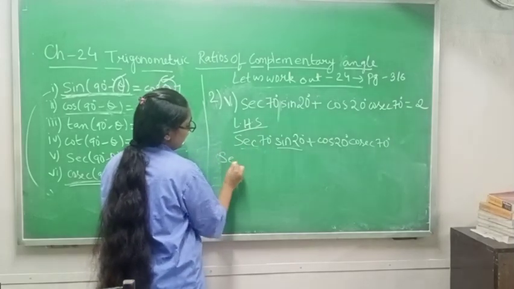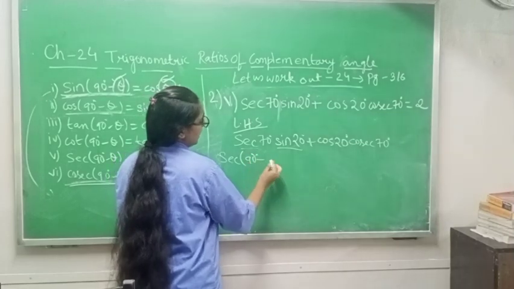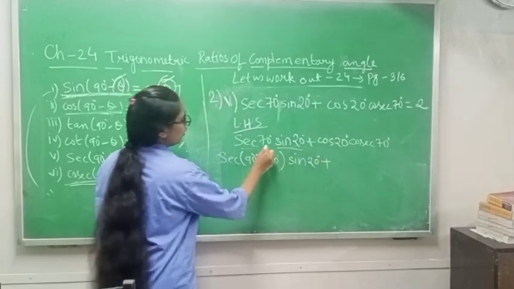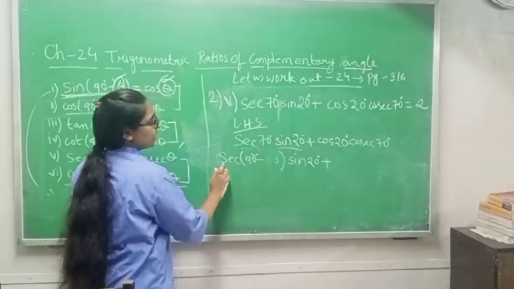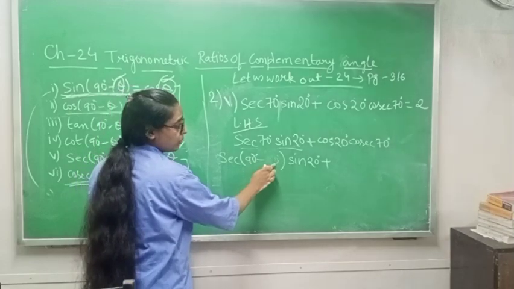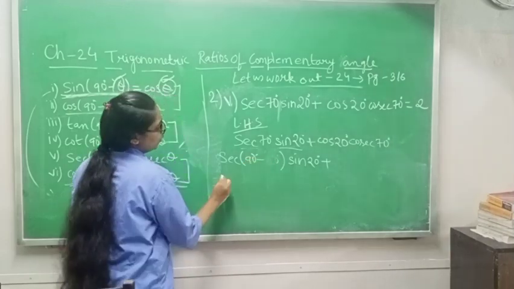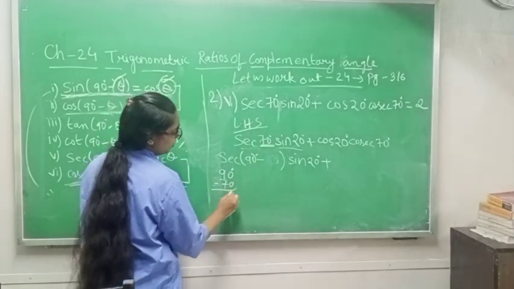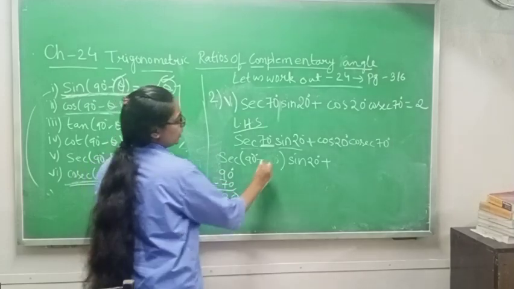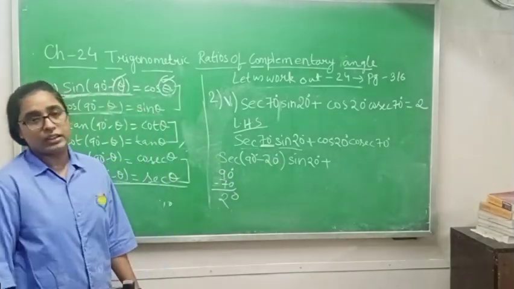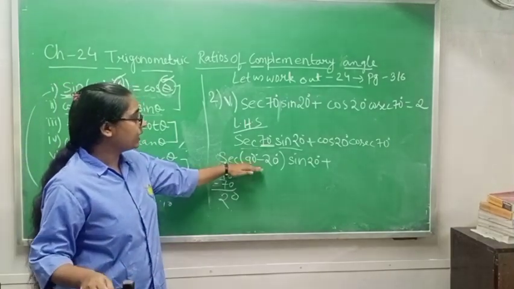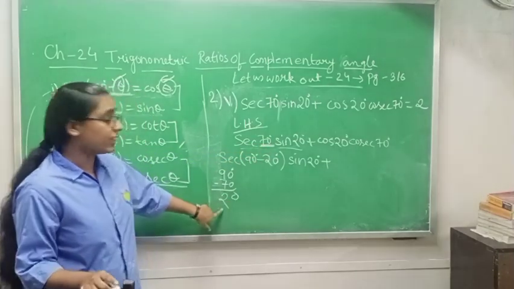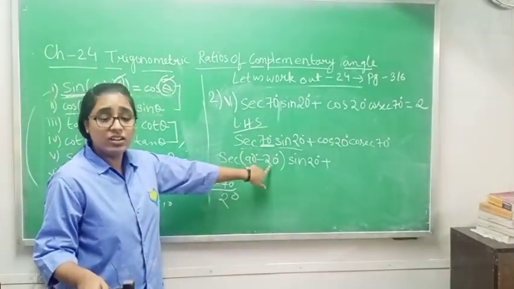So I will write sec of 90 degree minus 20 degree, and sin 20 degree I will write as it is. Why? Because I told you, first you will write sec 90 degree minus, and here you have to write something. How will you understand what to write here? From 90 degree, you will subtract the angle given with sec, 70. 0 minus 0, 0, 9 minus 7, 2. It means you will write here 20 degree. Understood how to write? From 90 degree you will always subtract whatever angle is given to you, and after subtracting, in this question I am getting 20. So I am writing here 20.